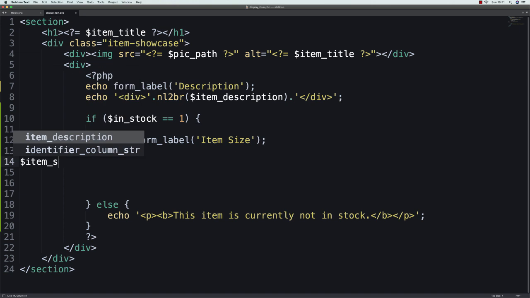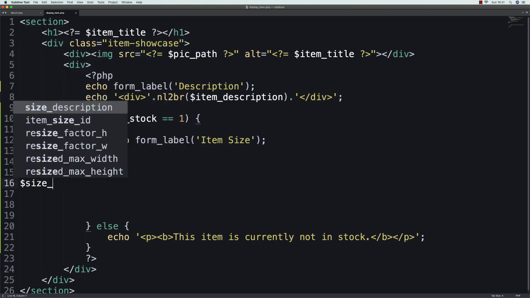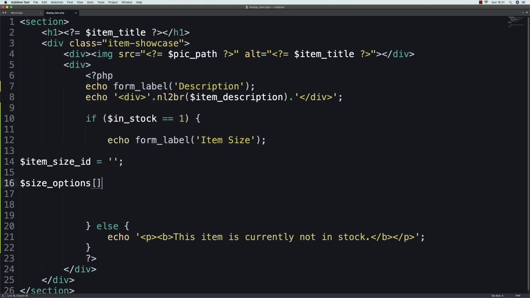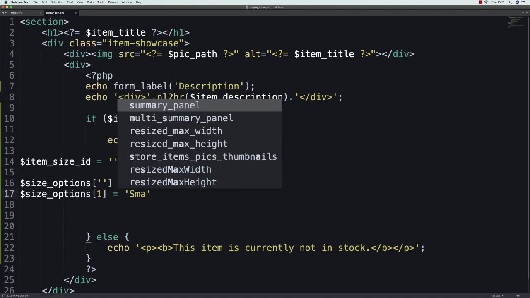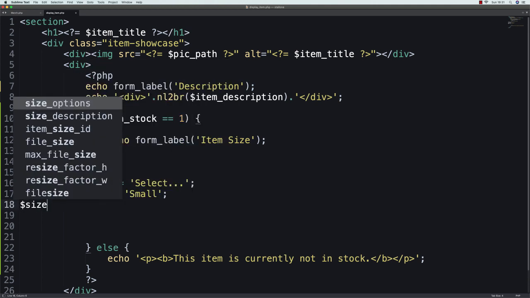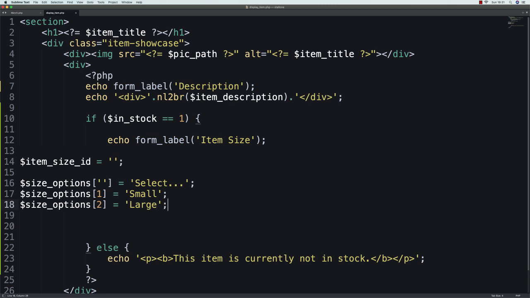We're going to have an item size ID, and it might be empty. We're going to have an array of size options. So let's say, for example, the empty one is going to have something like select size or something. We might have size options with a key of 1, which is small. Maybe we've got size options with a key of 2 is large or something like that. So we get an array of size options, a selected thing, and the way that it works,